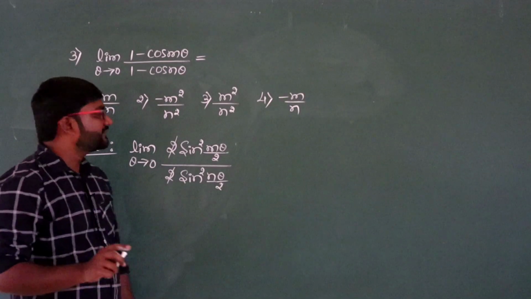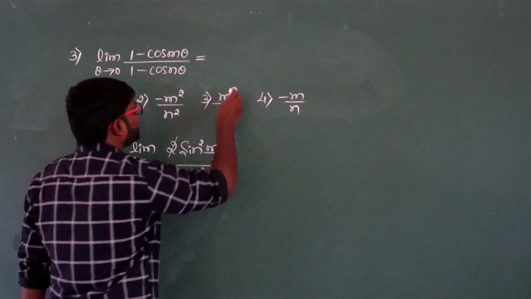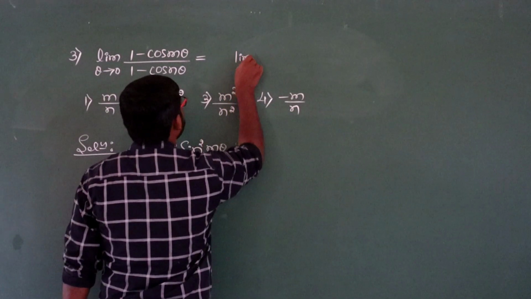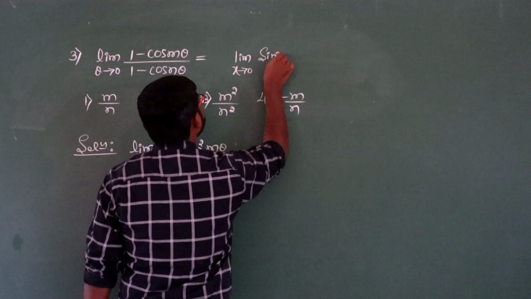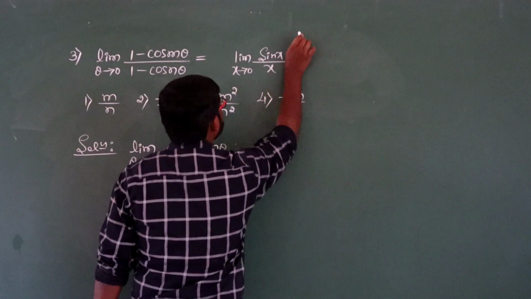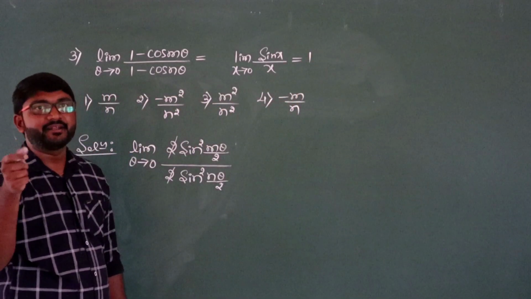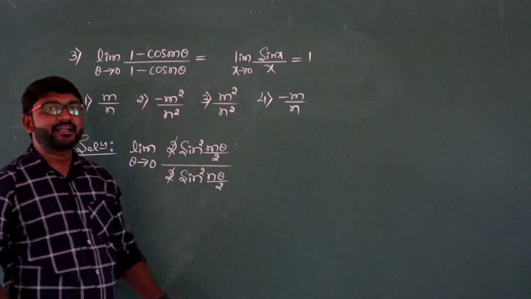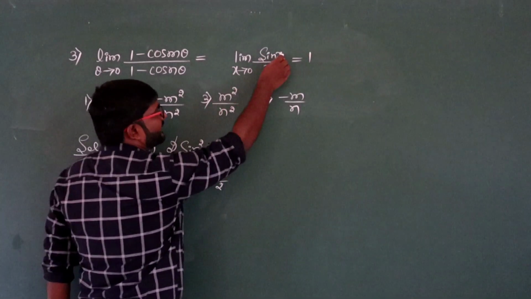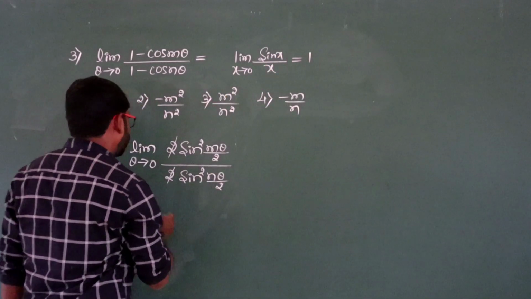Now in order to apply the Sandwich theorem, we need to have the angle in the denominator. So what is the Sandwich theorem here? Limit x tends to 0 sin x by x is 1, where x is in radian, the angle. So now we will have to make use of this standard result. If it is x in the numerator, in the denominator also we should have x. So now we need to make the adjustment.